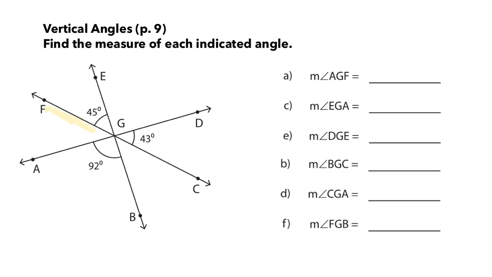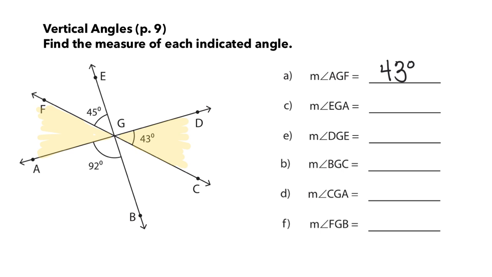AGF is this part right here in yellow. How am I going to find that, Mary Liddy? AGF is 43 degrees because angle AGC is also 43 degrees, and those are vertical. Excellent job. They're vertical, so they're the same. Okay, we need